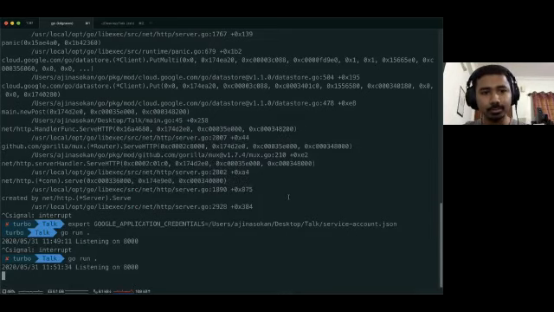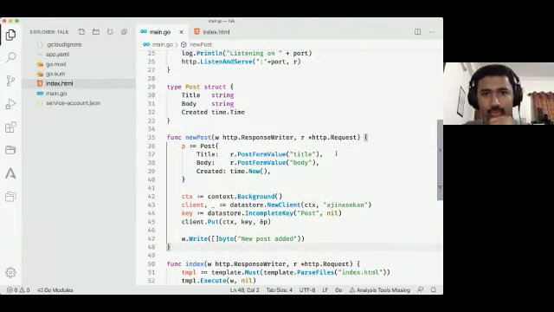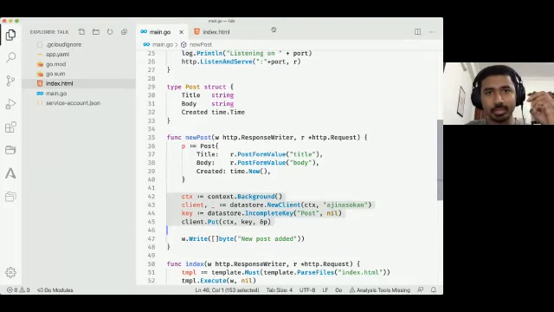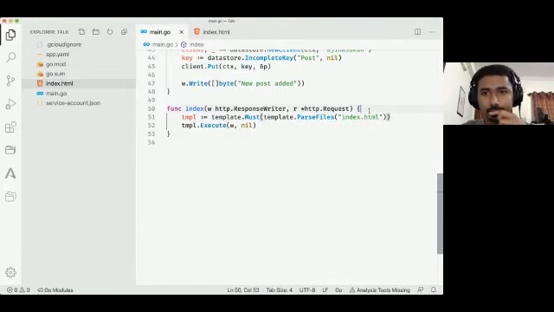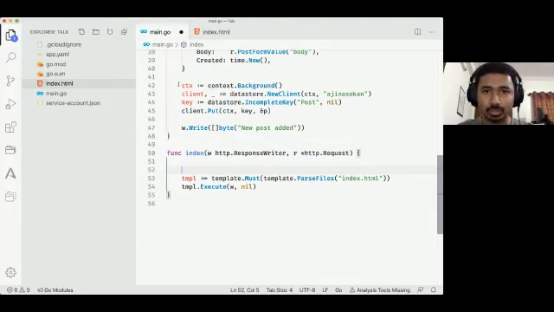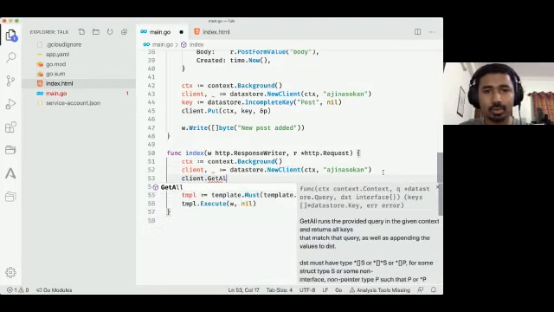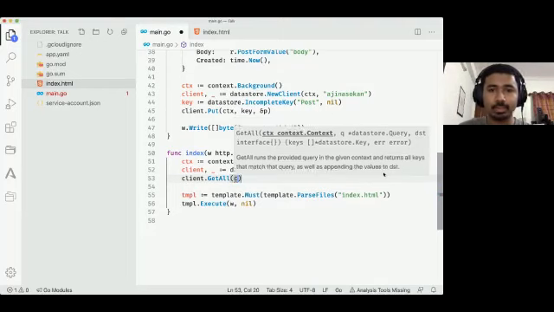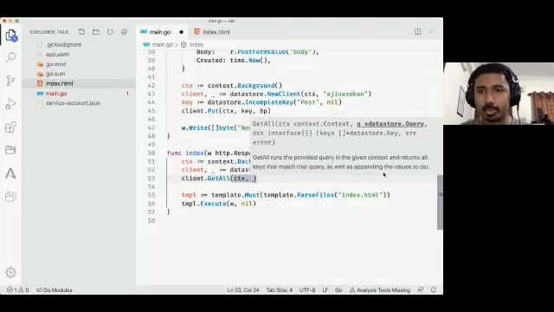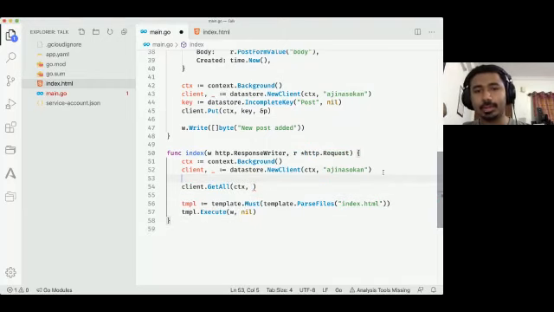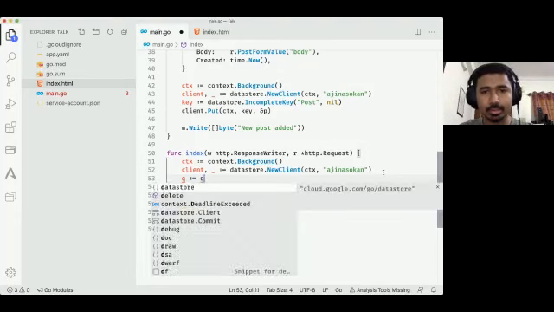It works. Now let's add the code to fetch the data from data store and print it here, somewhere here. So let's modify this. First we need to do the same exact thing we did here. Just basically get the context, create a new client. Now using that client, we need to get all post. So client.GetAll, give the context. And we need to specify a query. This query is just like a SQL query, but it's programmatic instead of giving it in a string. So I'm going to create a query